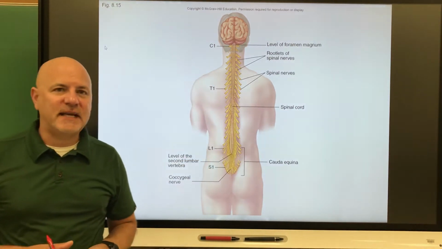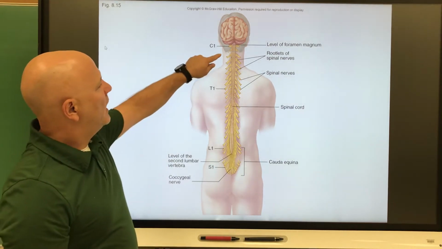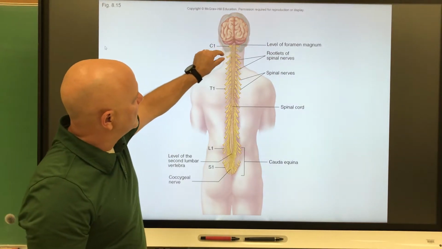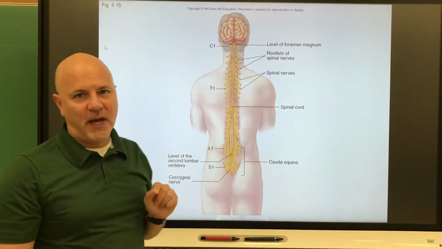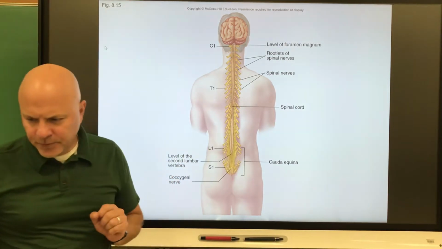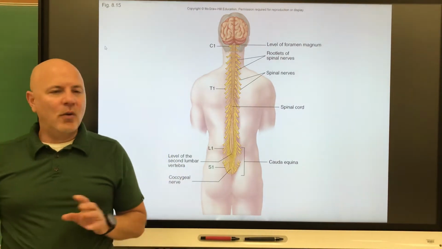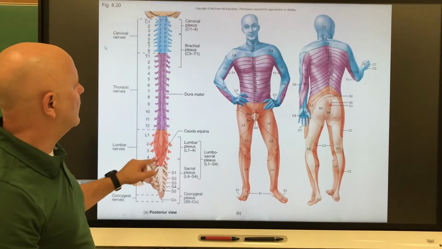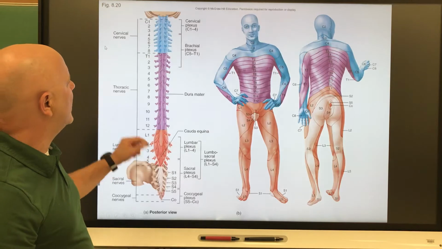There are 31 segments of the spinal cord. And each segment, right there is one segment. Each segment has a pair of spinal nerves. You can see one going off to the right, one going off to the left. Okay. So what we also see in looking at our spinal cord, if we go to this picture, it shows it here,